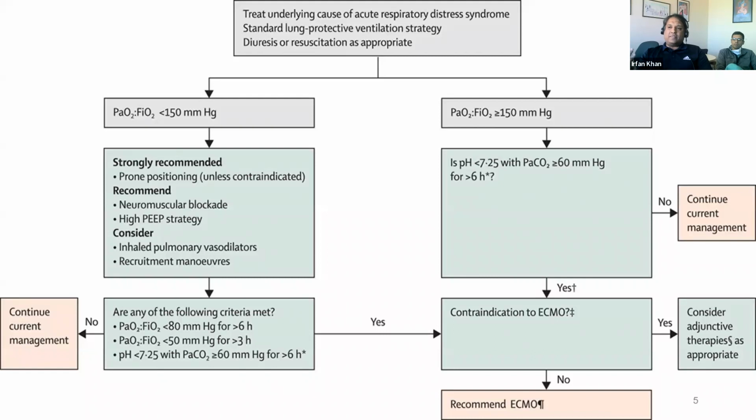If you have a patient who meets criteria for ARDS, you obviously have to provide the standard lung protective ventilation strategy. You have to make sure the lungs are dry and you have resuscitated them appropriately. And despite all these measures, if your PF ratio is less than 150, then you have to progress to other techniques: prone positioning, which is significantly used. And obviously in the first 48 to 72 hours, there's evidence to support neuromuscular blockade helps. You're using a high PEEP strategy, you're recruiting their lungs, you're providing inhaled pulmonary vasodilators.